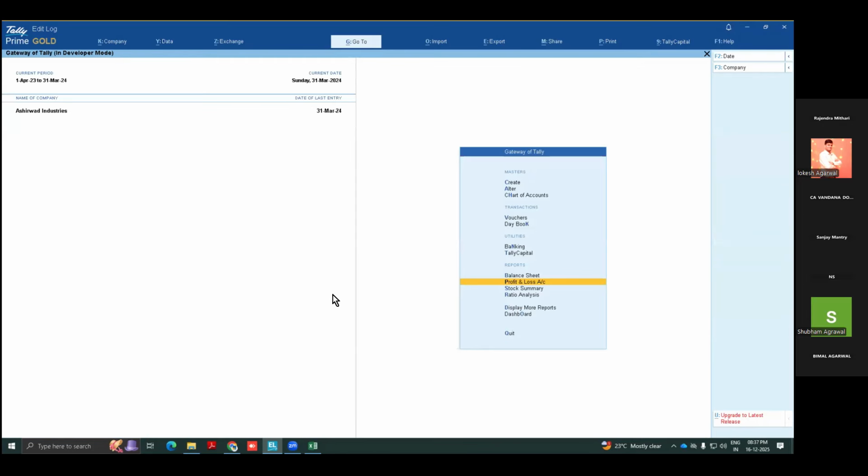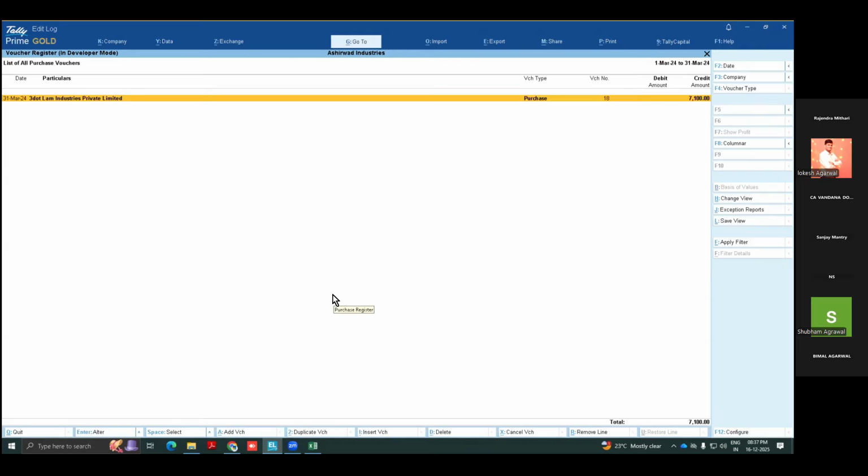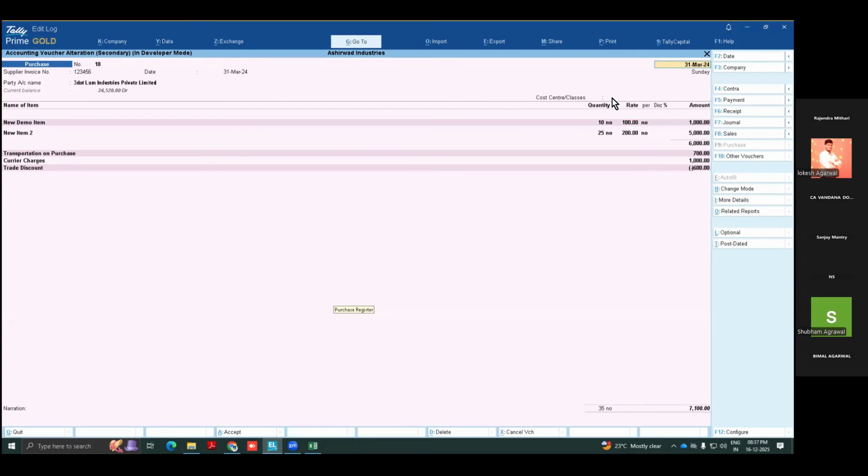Actually, see, whenever I am passing entries here, you must see here, a cost centre class or cost centre is already given. So nothing to do, but only one addition you have to do. See, let's take one example. This is my CC1. CC1 is my branch 1. It is my unit 1. It may be my wholesale department. You can say whatever: manufacturing unit, trading unit, and service unit.